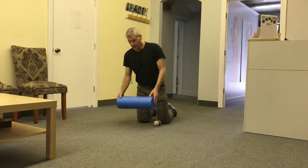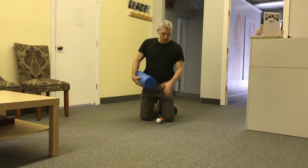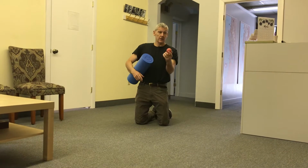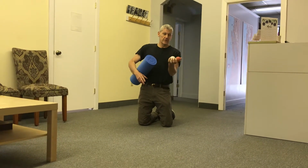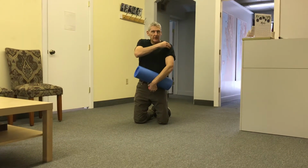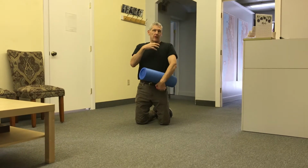This is Dr. Thurman. I'm going to talk a little bit about some techniques using a foam roller and lacrosse ball, or these pink, soft pinky balls. You can use racket balls. These are sort of smash or compression type techniques that we're going to use on trigger points or fascia, areas